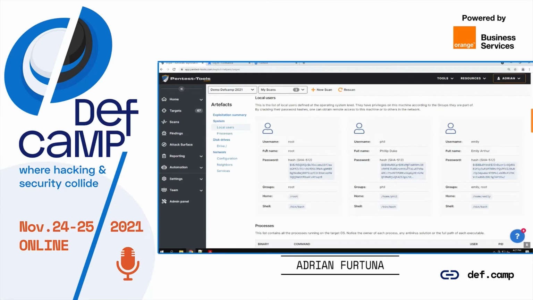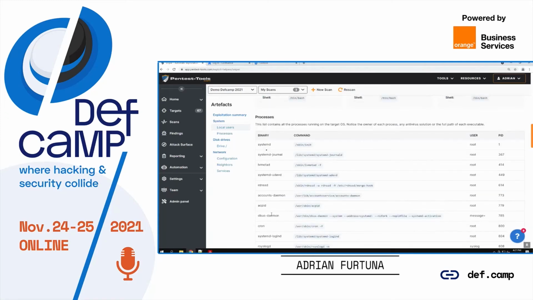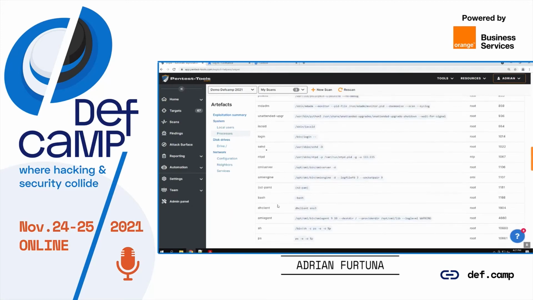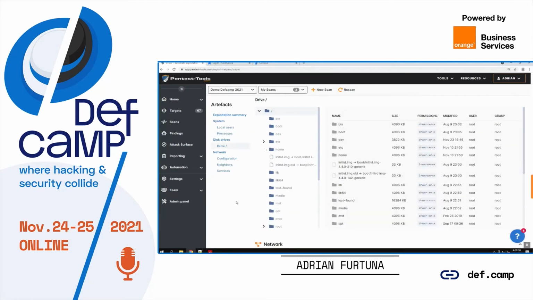So in this case, Sniper has managed to obtain remote code execution as root on this server on both ports, and here, since we are root, you can see that Sniper has also extracted the password hashes of the users. In this case you can see Emily, who is also in the root group, meaning that she has higher privileges on the system. And if somebody can crack this password, they can use it to access the system. This is the list of processes from the machine.